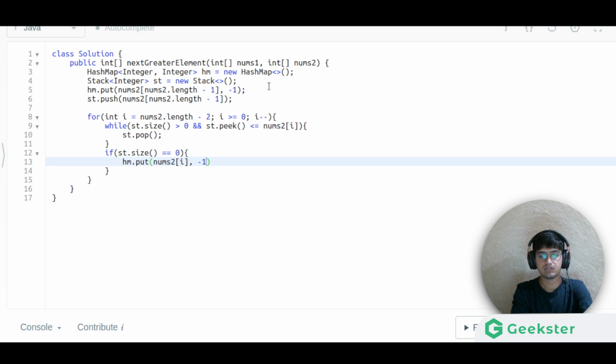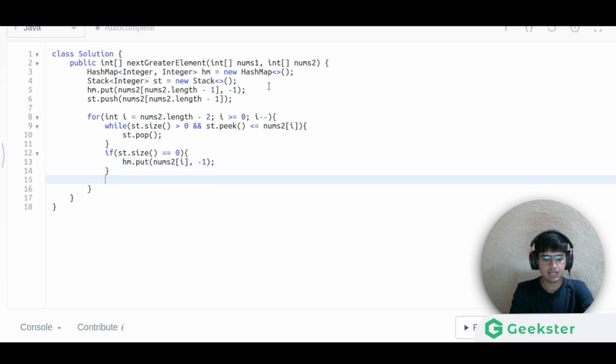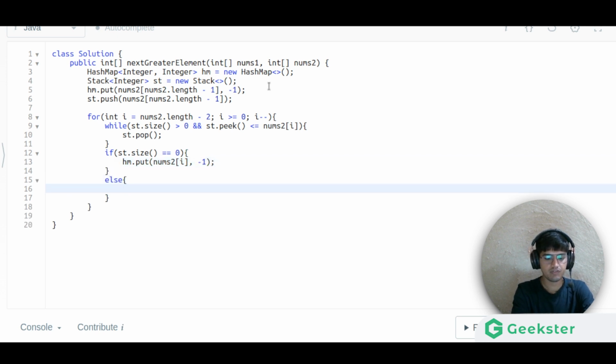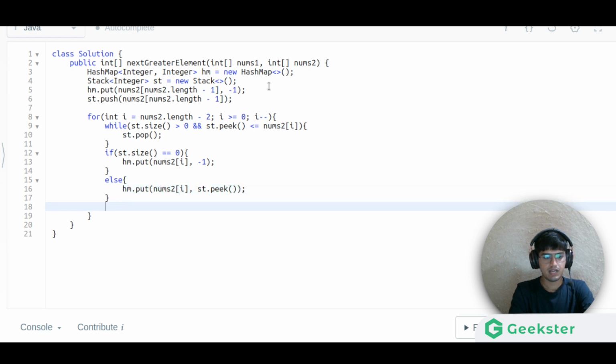Else some value will be there, which is on the top of the stack, which is greater than that. So we'll put nums2 of i, comma, stack dot peek element, which is the top. And after that is done, we'll simply push the current element, st dot push nums2 of i.